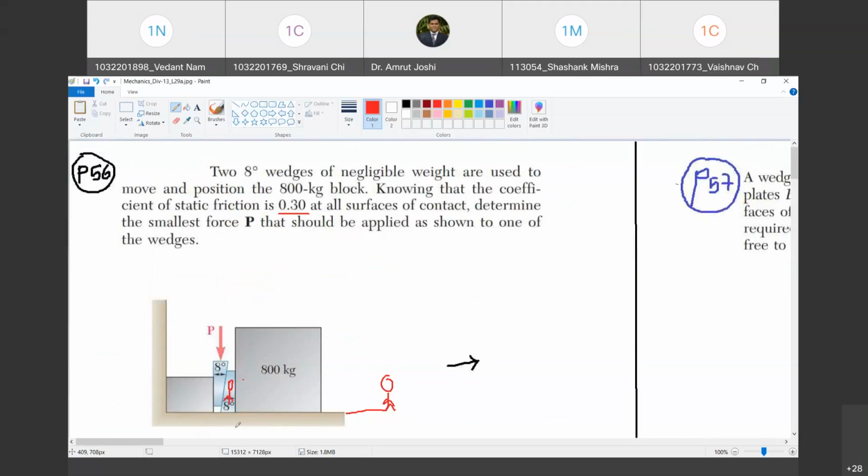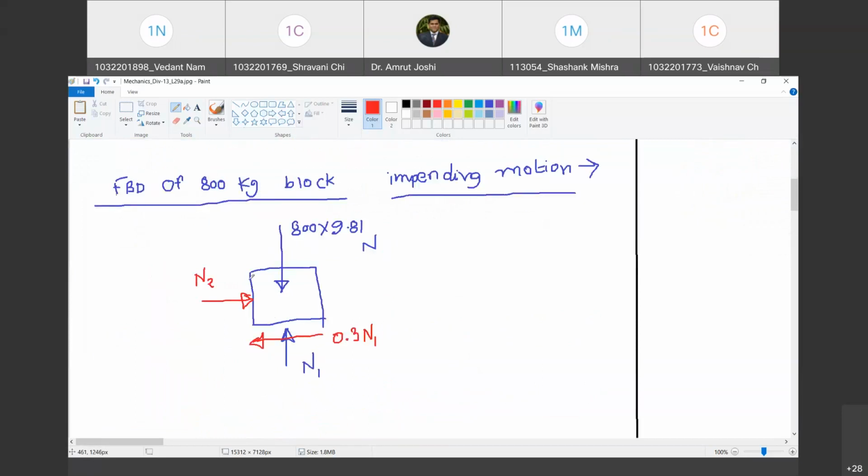I stationed it here. Now, with reference to the observer, the block is neither moving up nor moving down. Do you agree with me? It is moving towards the right, but that has nothing to do with its motion along this common surface. Along the common surface there is no motion. Do you agree with me? Therefore, there will not be any frictional resistance here. Are you with me?